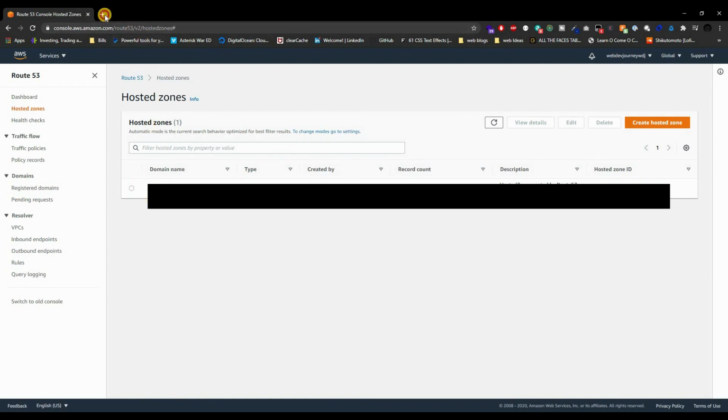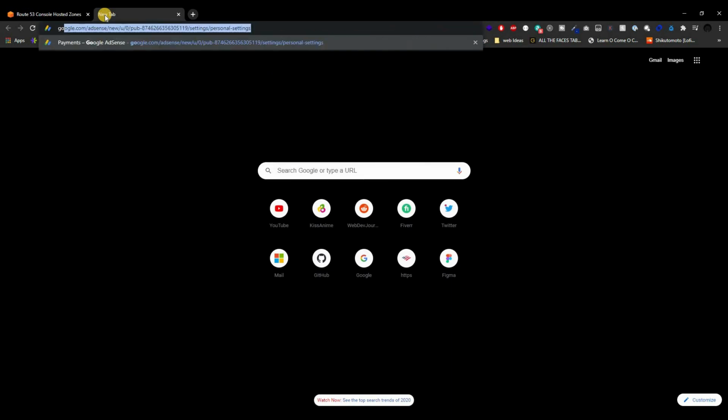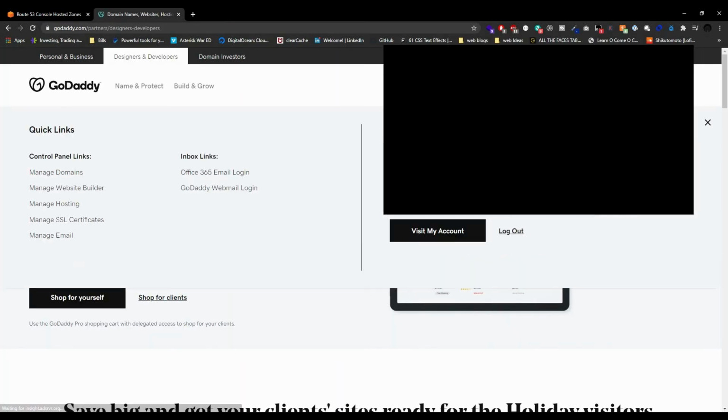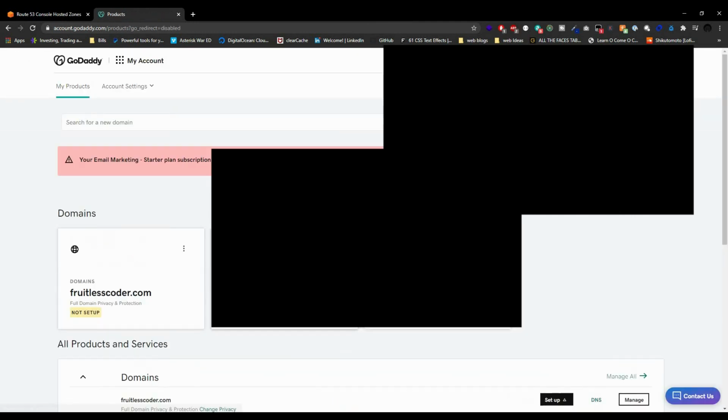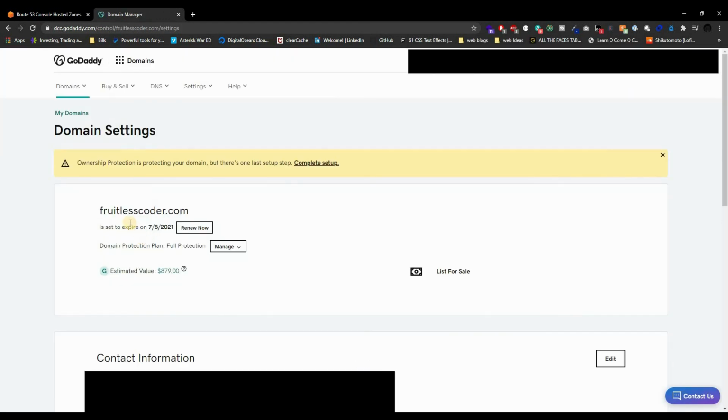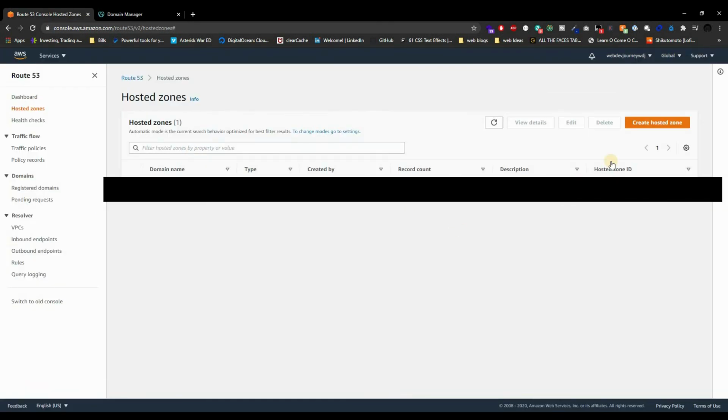So I do have some in GoDaddy. Let's get one from GoDaddy, okay? All right, I do have some in GoDaddy, so this is going to be another little thing that you're going to learn, I guess. So right here, we're going to be using Fruitless Coder. This is the one we're going to be using, okay? Fruitless Coder. So I'm going to just copy this right here, go over here,